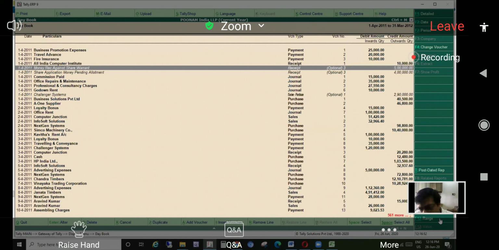There you will find the list of all the optional vouchers. These vouchers are passed in the books, but not posted to the books of accounts. That debit and credit impact has not been taken. So optional vouchers are those for which the impact is not seen in the ledger accounts or in your trial balance. How to convert optional to regular? There is a button available in this, but we will take up that at some other time. But this is a display demo functionality.